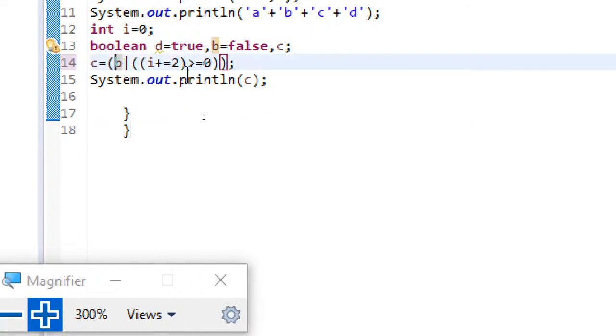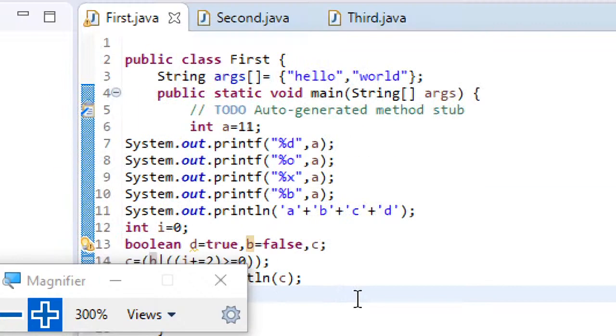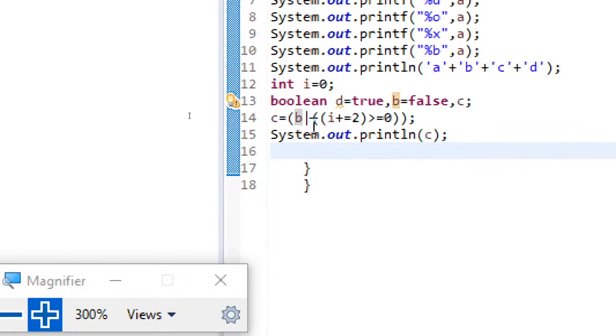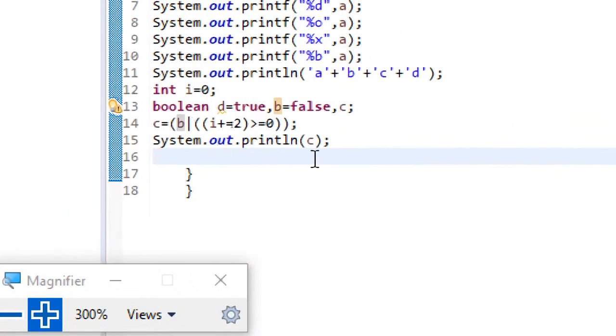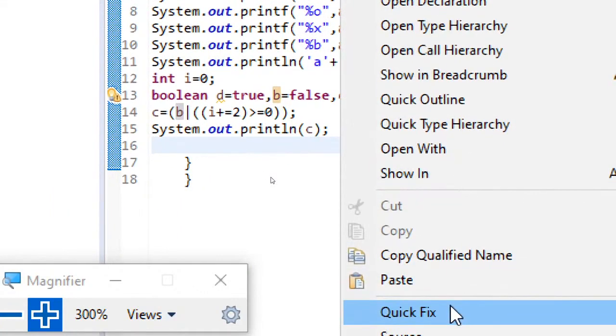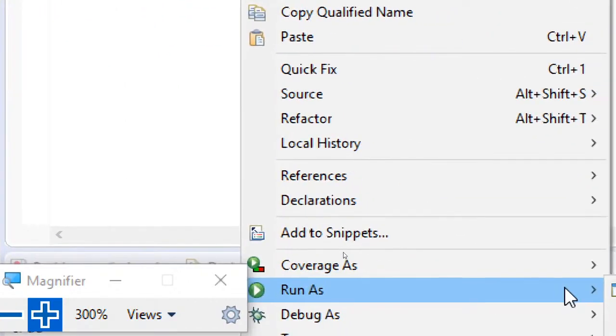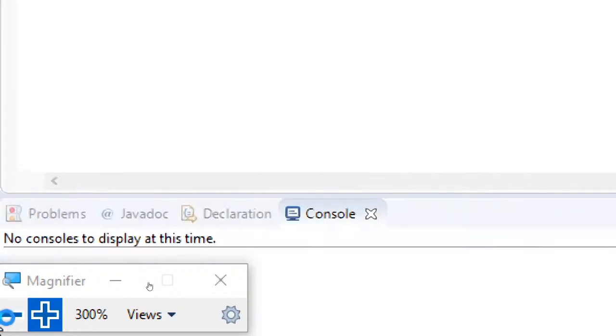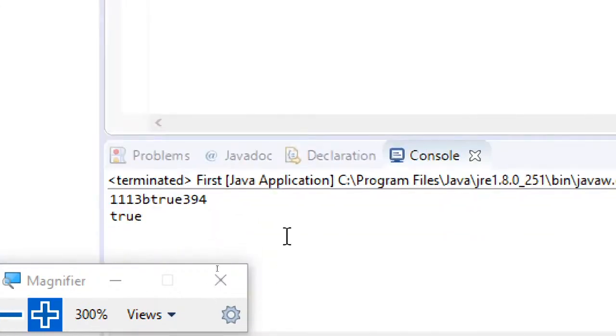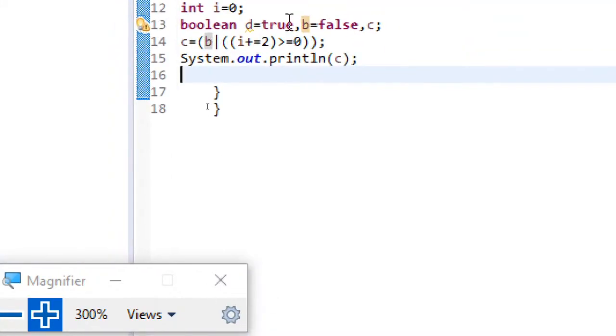False. i plus equal to 2 greater than 0. This is the assignment operation, that means I am making it i plus equal to 2. So again I hope you have got your answer. One is false, the other one is greater than 0, I'm checking, that is nothing but true only. So when I run this application, you will again get true only, because one true is enough for or. So that's the point you just need to know.